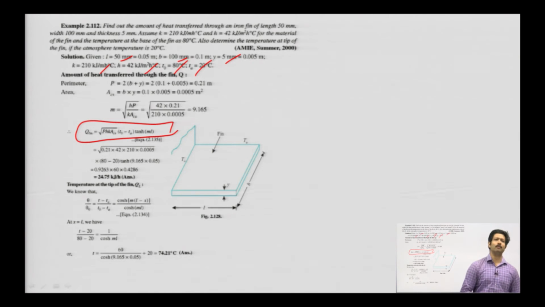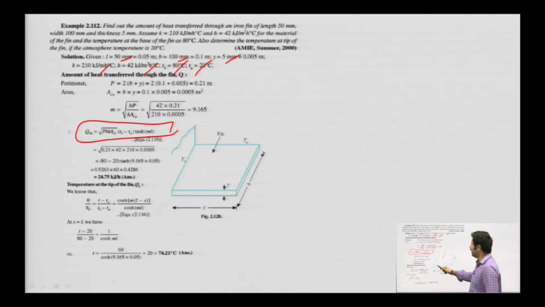See, one more thing I would like to tell you. Suppose the fin length is not given, then you need to deploy the formula for an infinitely long fin. But when there is a definitive length for a fin given in the numerical, then you would apply the second one, the fin having an insulated tip, right? Because it has L in it, and L is the length. Earlier one there wasn't any term called L, okay?